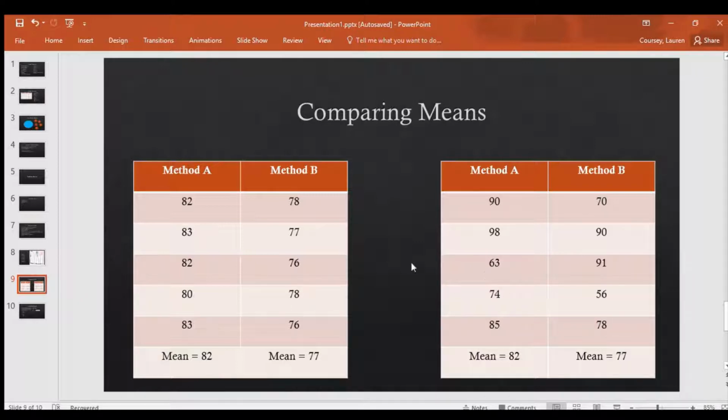And so you can see here, I pulled these from your slides, that we have method A and method B, where you could switch this out for experimental group or control group, maybe. You see a series of scores for participants in each group. So each group here has 5 participants, and we have scores for our dependent variable. And you see that our means are different. So the mean of method B is 77, the mean for method A is 82, but the idea is